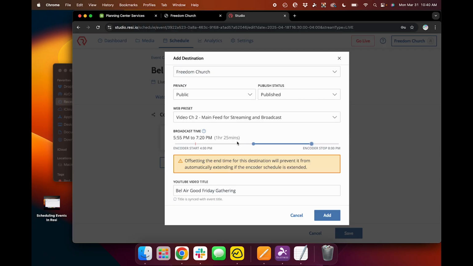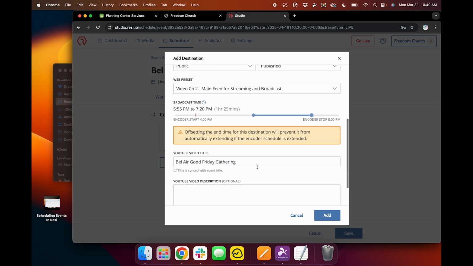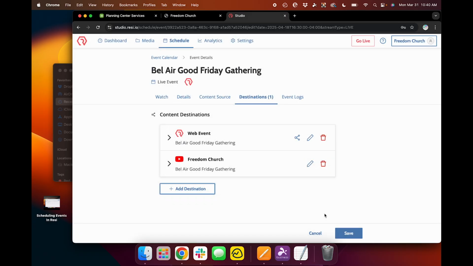Fifteen minutes after an hour and 5 minutes, I don't know if that makes sense. So our gathering time is an hour and 5 minutes. Our gathering starts at 6 p.m. It should end at 7:05. 15 minutes after 7:05 would be 7:20. Hope that makes sense. Okay, and then we're going to add.